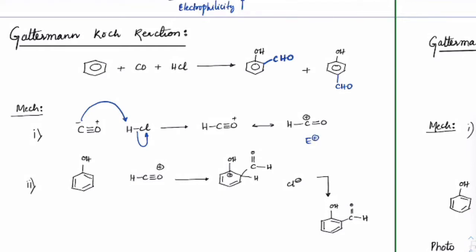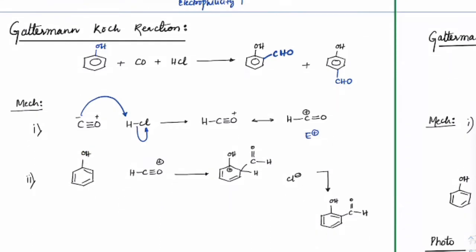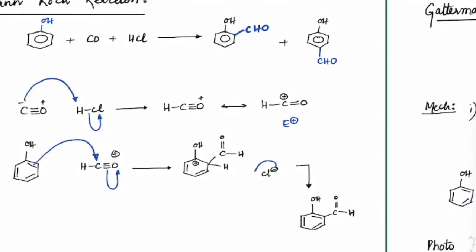And when we treat the same, here, just what we have studied for benzene, I am doing the same thing for phenols. That's all. Now, when you treat the same thing like OH with HCO, what you will observe here is an electrophilic aromatic substitution. So that pi would attack on that. This bond will get rearranged as a lone pair on oxygen. So we will get this carbocation, and this Cl minus will extract this H plus and aromaticity is retained. As aromaticity is retained, you will get this product, C double bond OH.